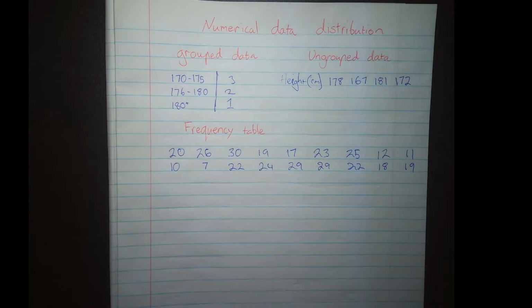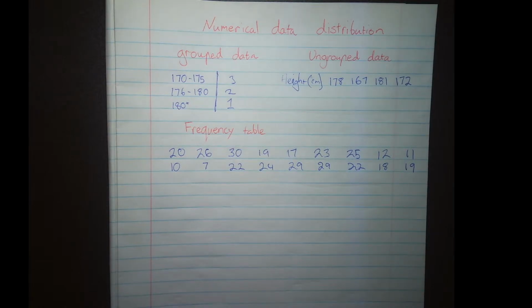They're my individual test scores, and I want to try and make something useful out of this data. Well, I can group them together and make a frequency table, and there's no real rule of thumb for doing this, but I guess you just want to pick intervals that are not too big, because if you pick intervals that are too big, then your data is not going to show you a whole lot. So I guess the smaller the interval, the better sort of spread you'll get from your data. But you also don't want to pick tiny intervals because then your frequency table is going to be huge, right? So I think in this case I might pick maybe groups of 3,